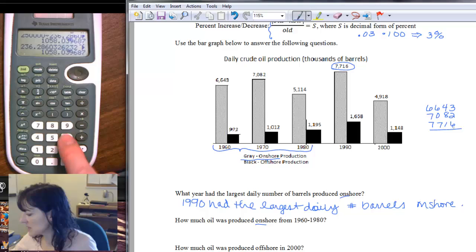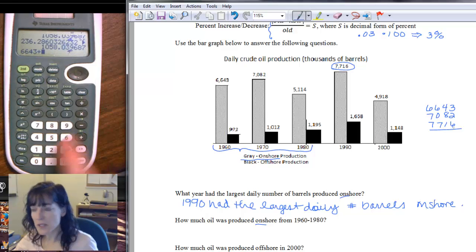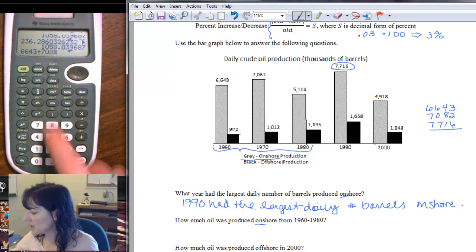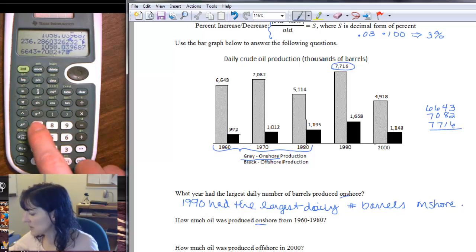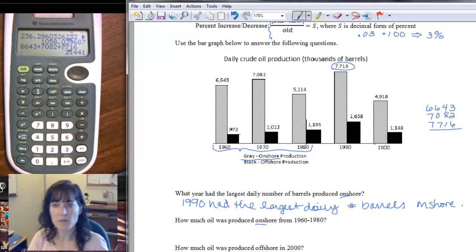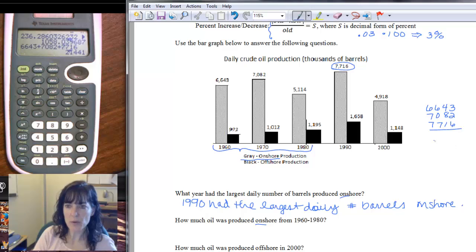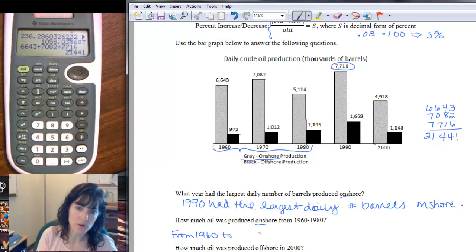We have 6643 plus 7082 plus 7716 equals 21,441. So for this range of time from 1960 to 1980,